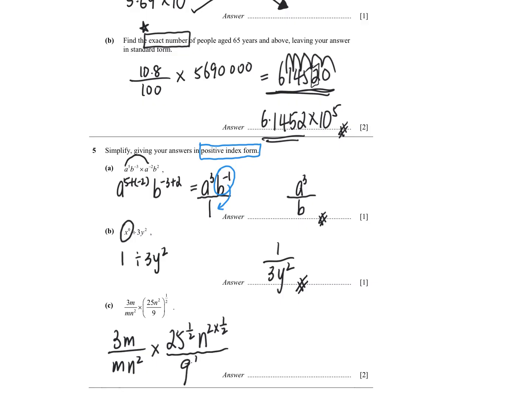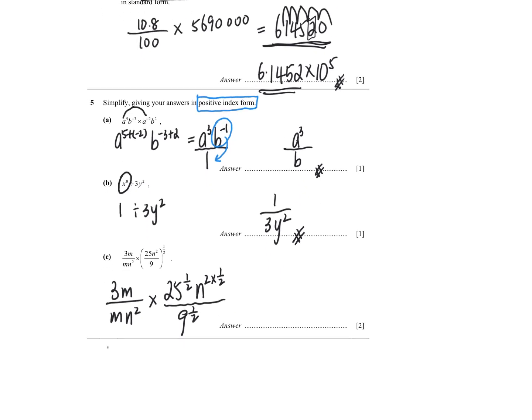Okay, the most amazing thing, 25 to the power of half is not 12.5. 9 to the power of half is not 4.5. So this one, remember, is a square root. So you go and cancel. So this is 5. This is 3. So some of you are making this mistake. Power half is a square root. So you shouldn't get 12.5. You shouldn't get 4.5. Okay, then if I see that you apply the half to every single thing, you get